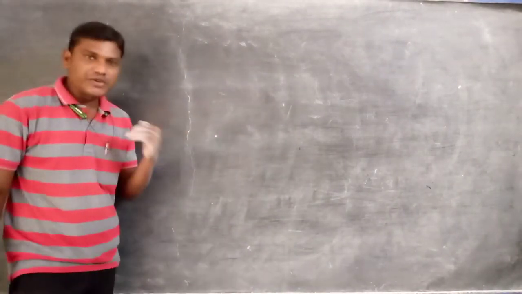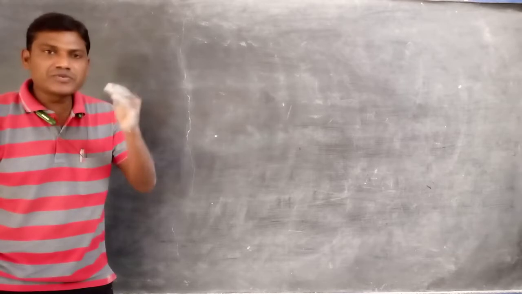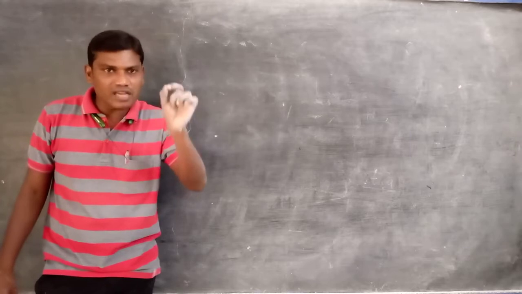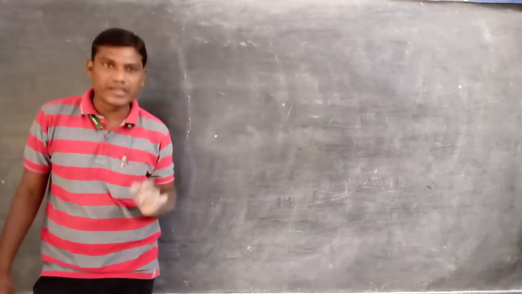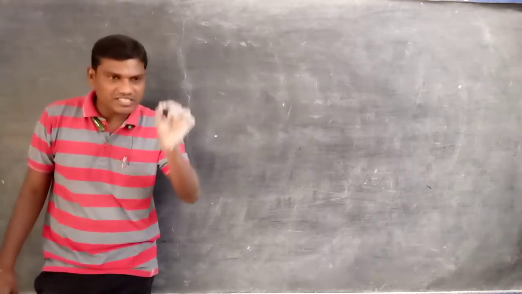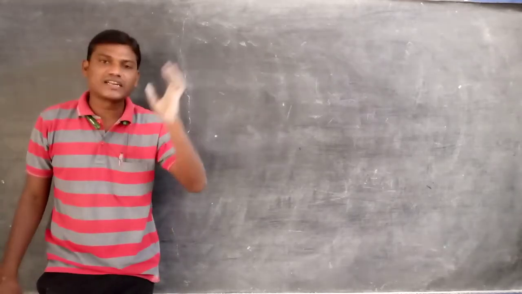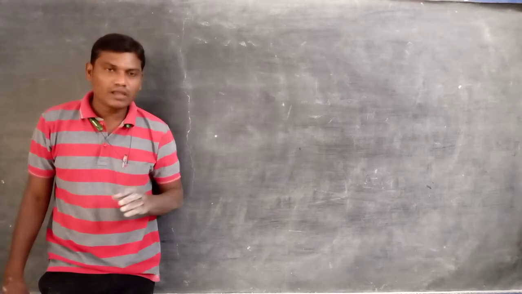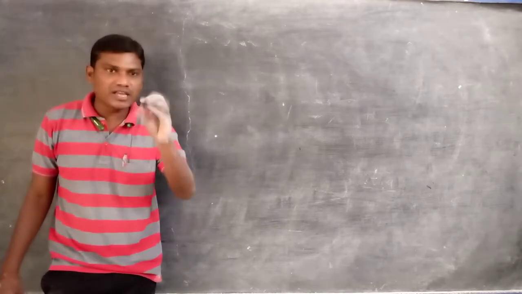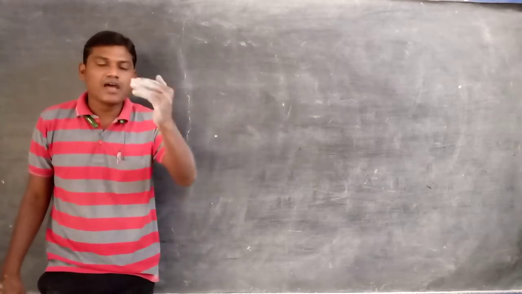In our previous video, I clearly explained what relative density is. Relative density is nothing but the ratio of the density of a substance to the density of water at 4 degrees Celsius only. Why do we consider the density of water at 4 degrees Celsius only? Because the density of water is maximum at 4 degrees. That's why we are considering 4 degrees Celsius. Relative density has no units because it is the ratio of two similar physical quantities. And after that we discuss the numericals.